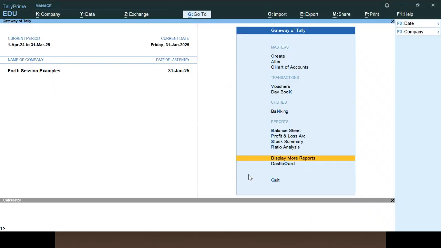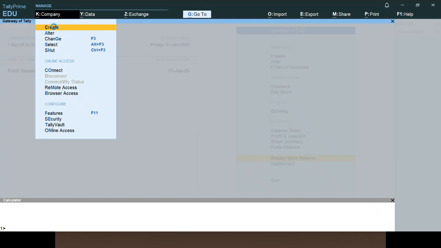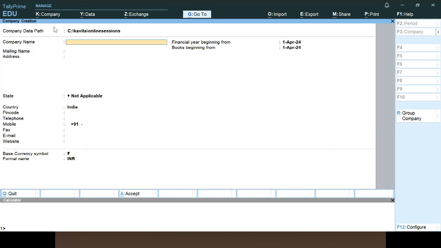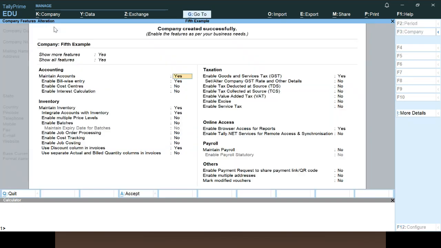Now I'm going to create a new company. Create, then new company, that is fifth example. Enter and then Madhya Pradesh. After entering the state, there is no need to change the period or anything else. Just press Control A. Then see in the